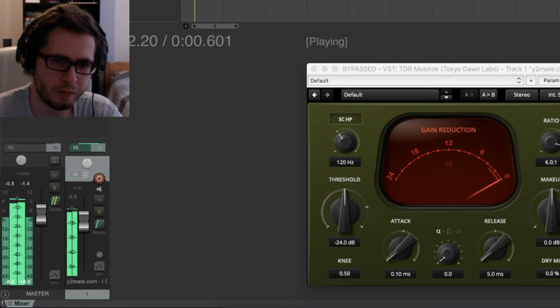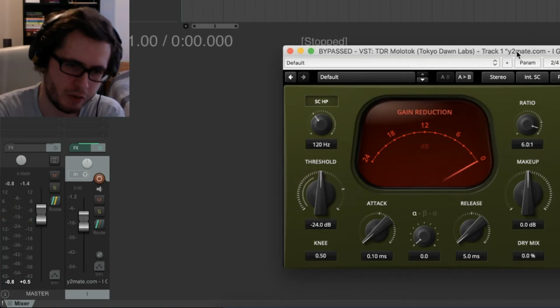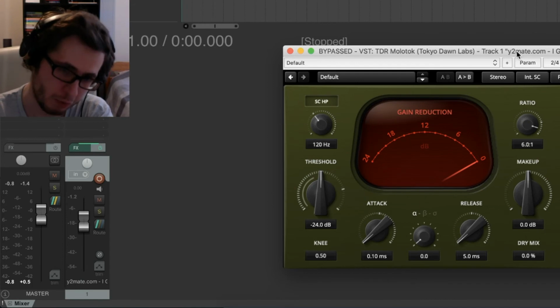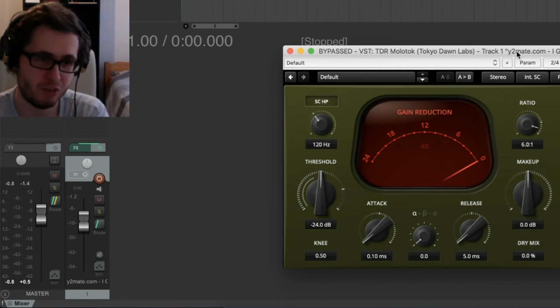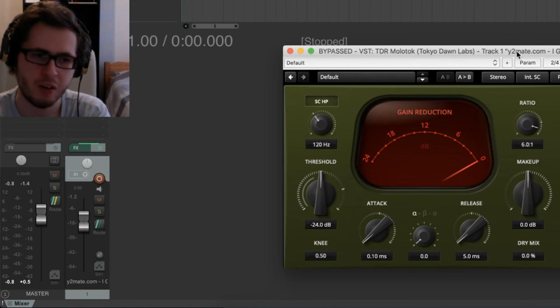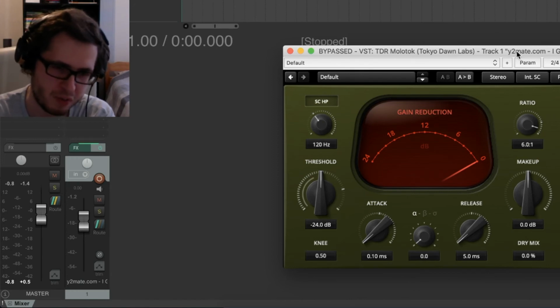Without. With. So yeah, just be aware of your levels. If you want it to be louder, don't use a compressor. Just gain it. Just set it as high as you need to. Whether it's distorting or not, just don't use a compressor for this unless you really want that sound,